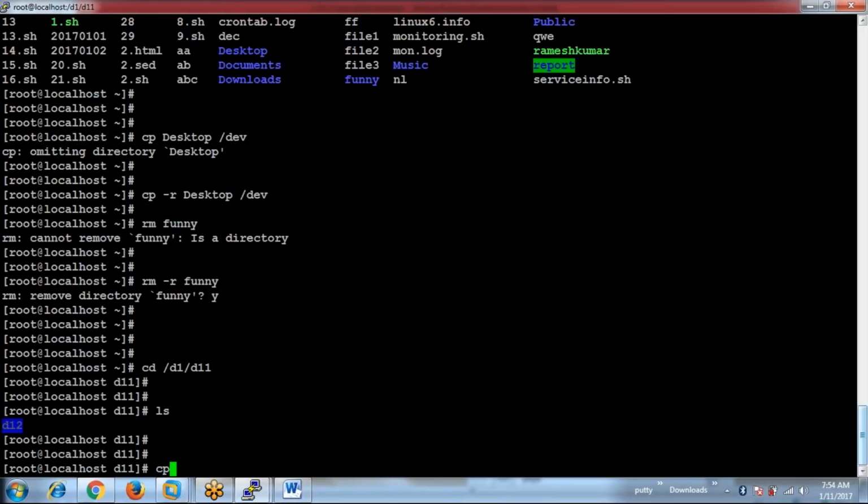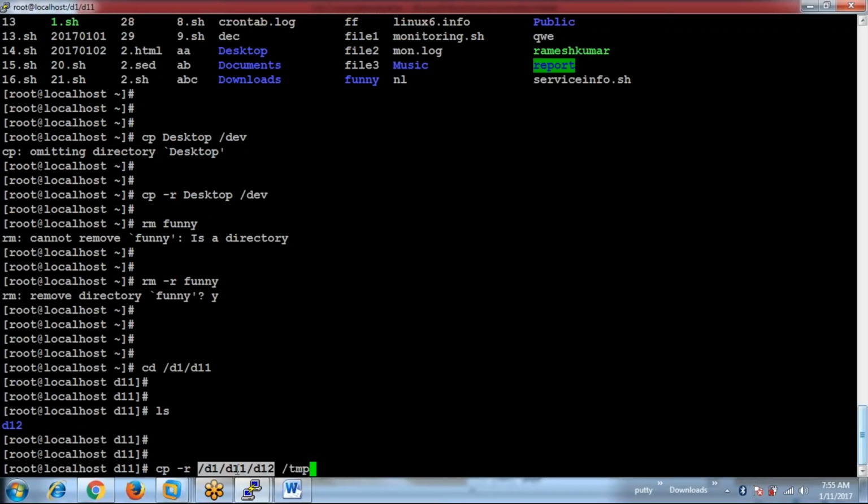See here. So cp, I'm going to copy a directory, so hyphen R. In the source path, I need to make it absolute. So slash, it will start from the starting. That is D1, because we have D2 under D1, and then under D11 and then D12. Where do I want to copy? I want to copy to slash term. So if you see here, both the source and the destination